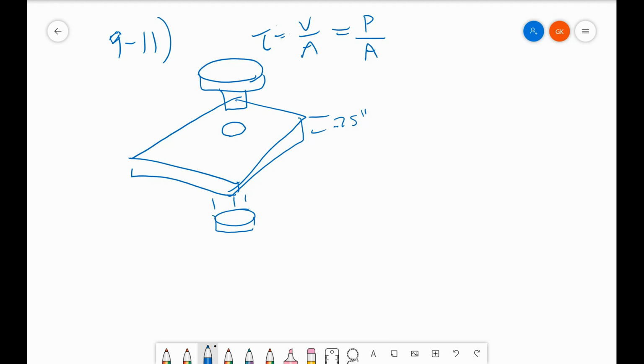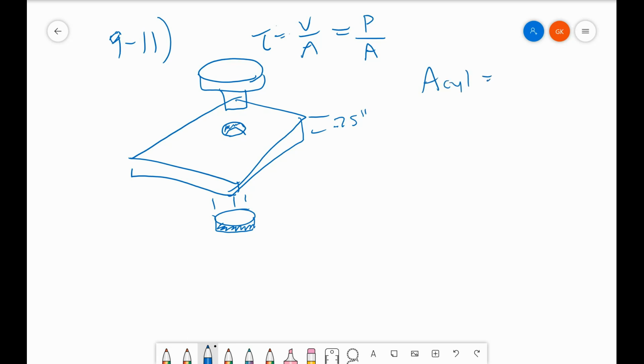Now what I've said before is that when you're thinking about the area to use in this shear stress equation, it's always the area that you couldn't see before. It's the area of the cut. In this case, the area of the cut is the outer surface area of this punched circle. So it's not the area of a circle, it's actually more or less the surface area of a cylinder. You see it's this area right here on the interior surface, which is round and has a certain height. So the area of a cylinder